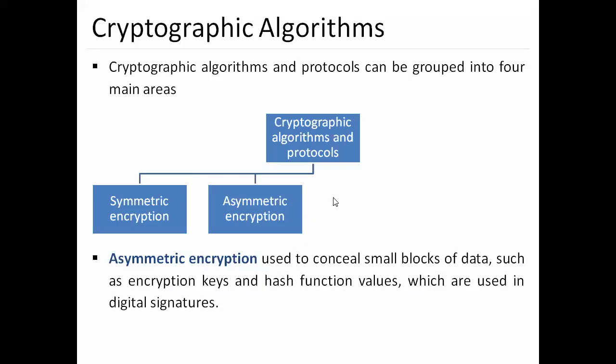So in a digital signature we have two portions: the sender has one key and the receiver has another key. Both can encrypt, and encryption and decryption can be done using different keys. The sender will encrypt using his own key and the receiver decrypts using his own key. So that is the other part of the key.